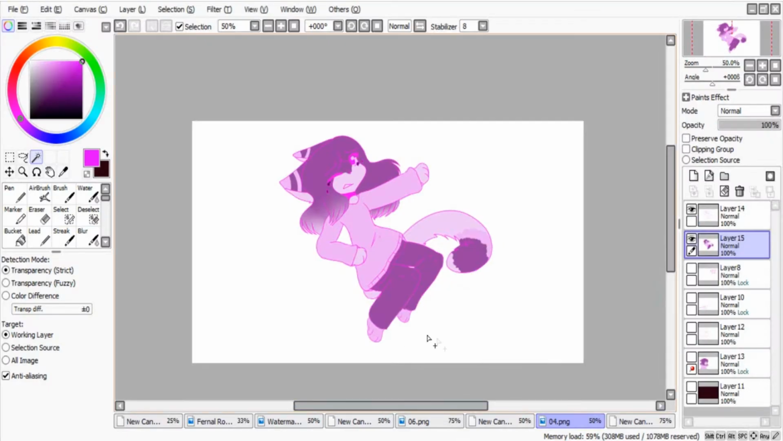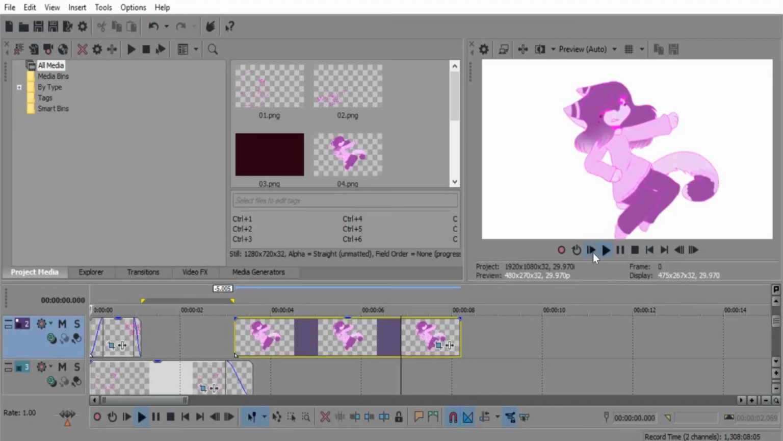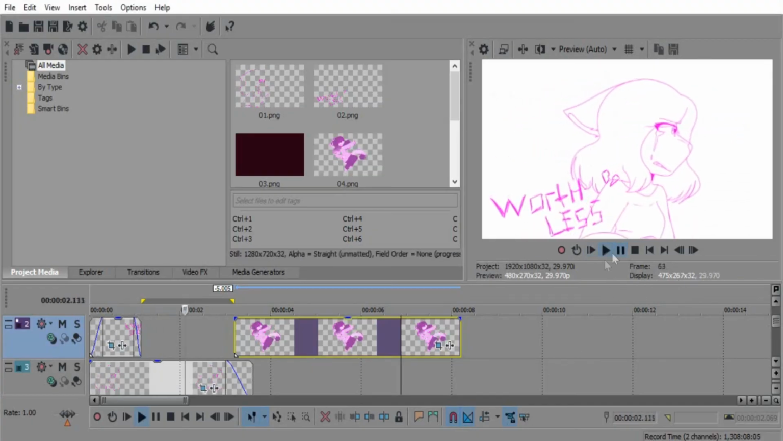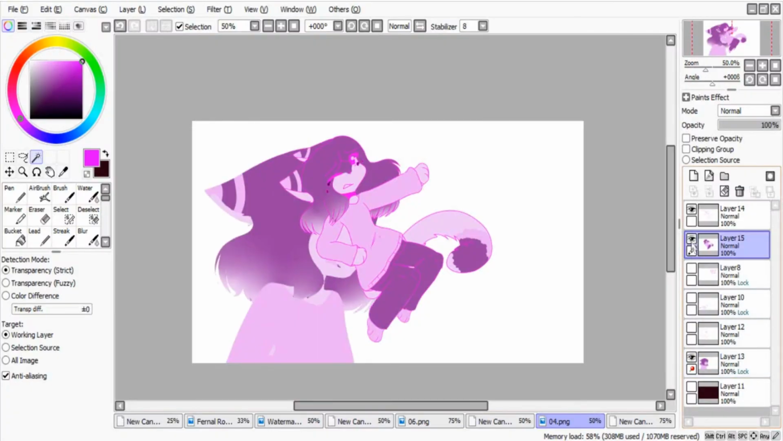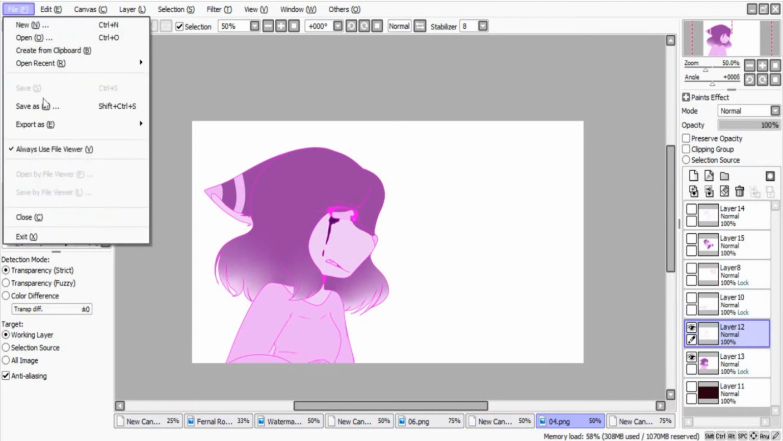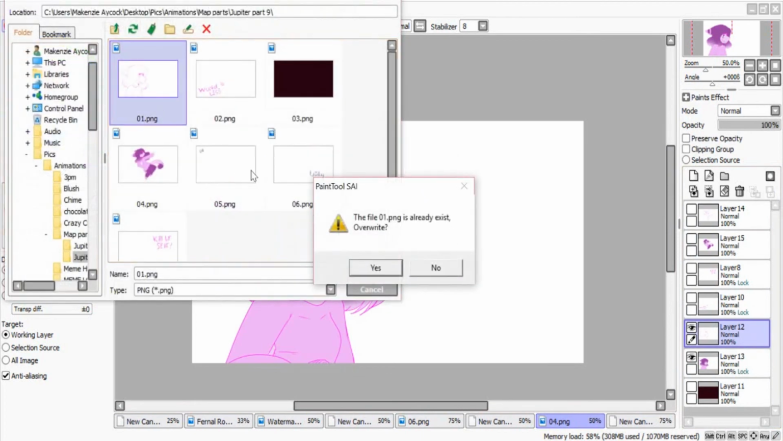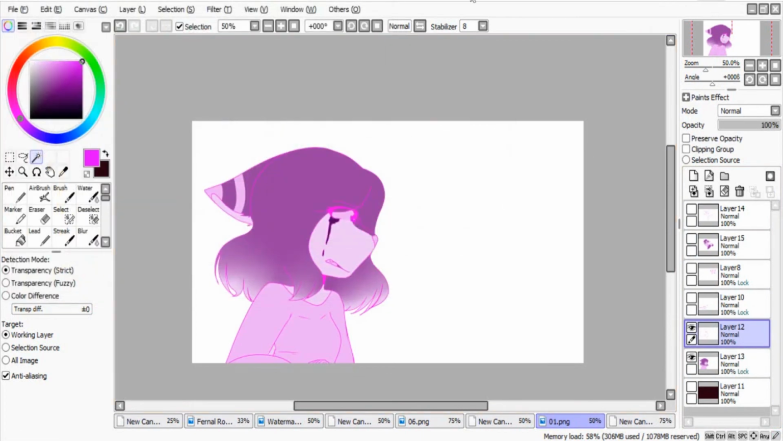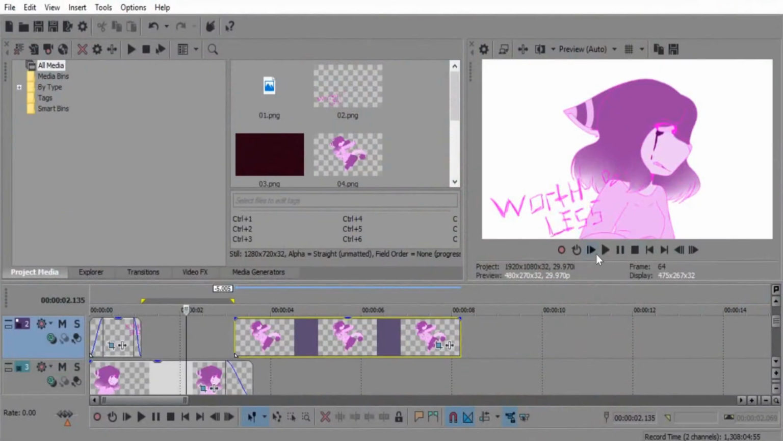Okay guys, so we're basically done with all the coloring. This is basically the finished product. Well, wait, I forgot to save this frame. My apologies. So yes, the finished product looks something like